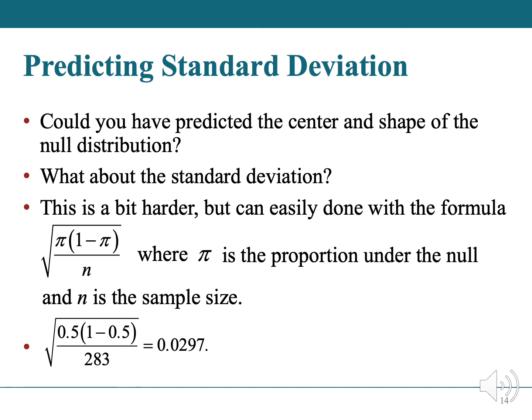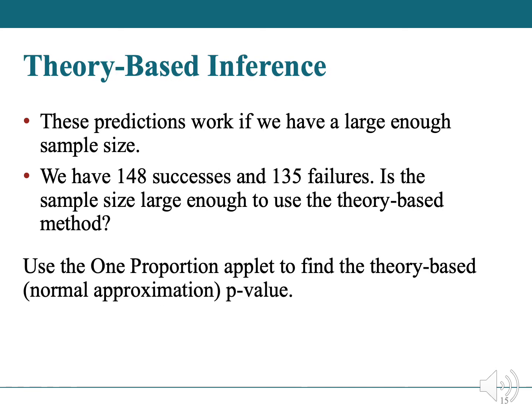So if we stick in the values that we had, 0.5 times 1 minus 0.5 over 283, we get a standard deviation of 0.0297. Okay, so we make a note of that. And so we see that we have 148 successes and 135 failures. So we can use the